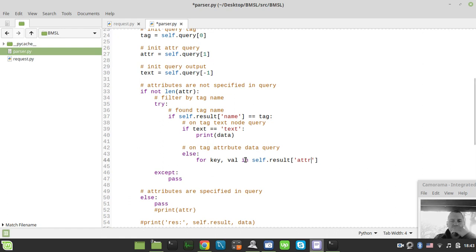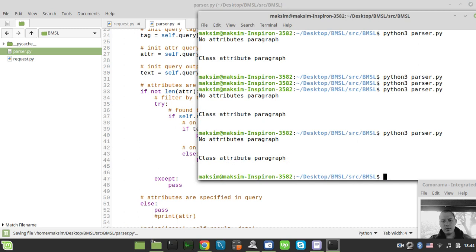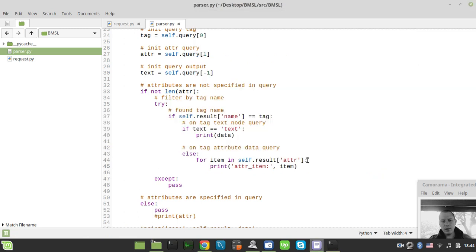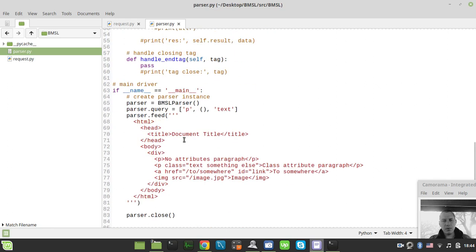There might be more than one attribute, so maybe, okay, let's say for item in self.results attribute, let's print attribute item just to make sure what is there. So item, save, and okay. But obviously we don't have it because it's not specified within the tag. So